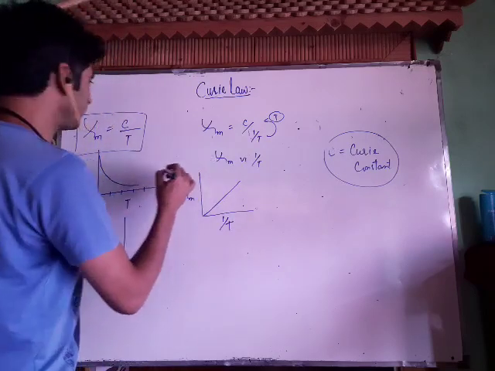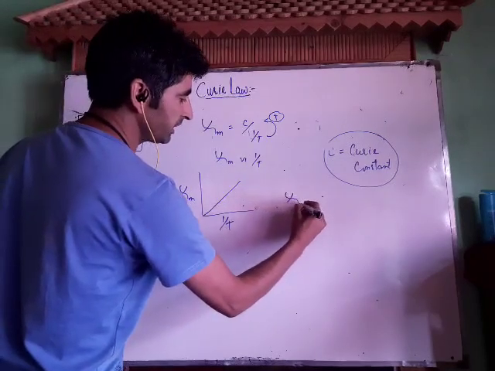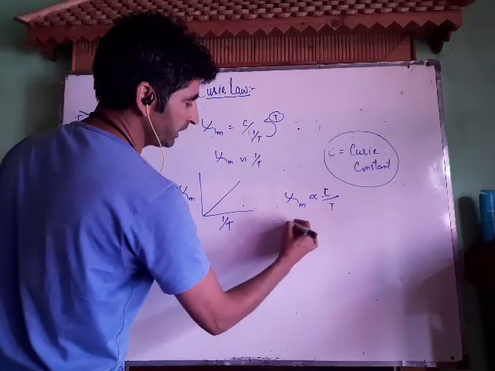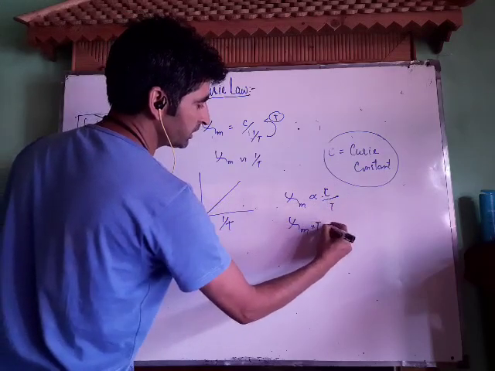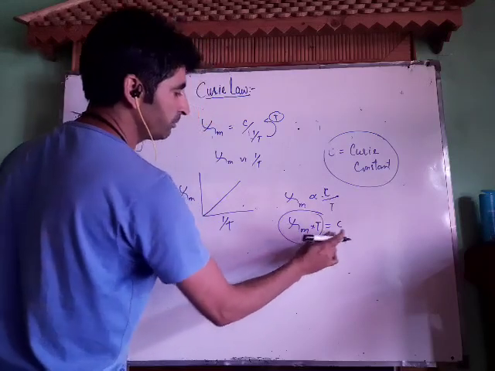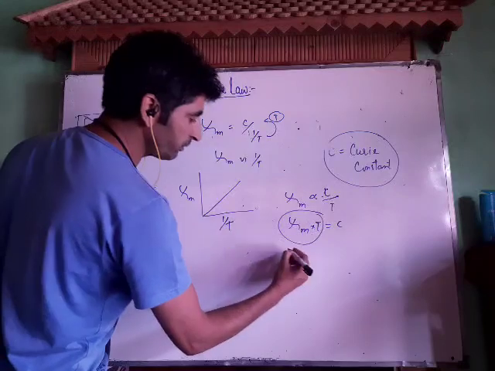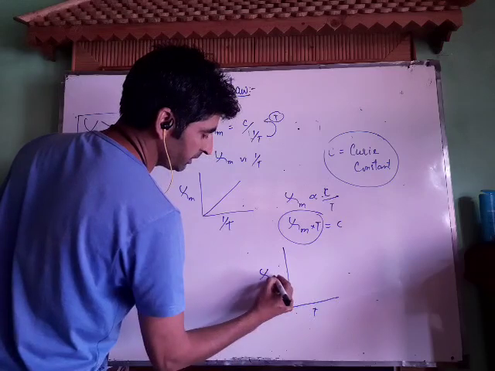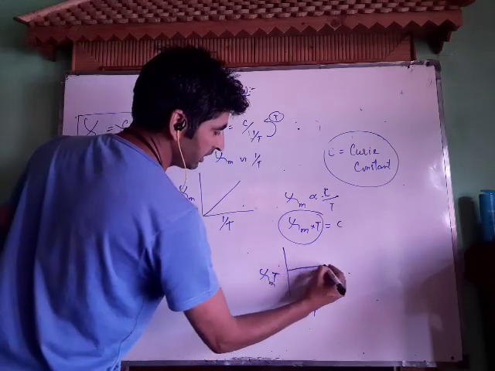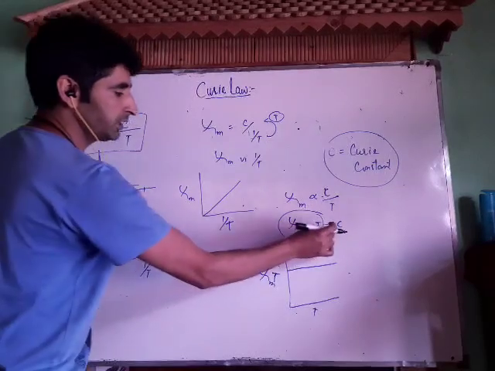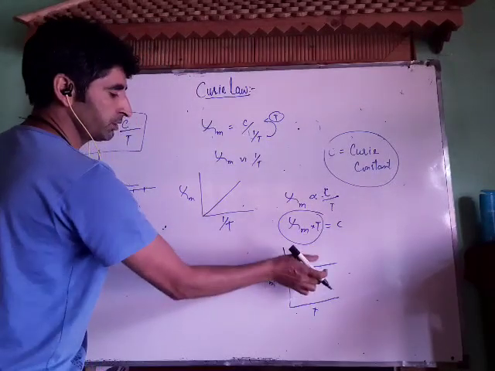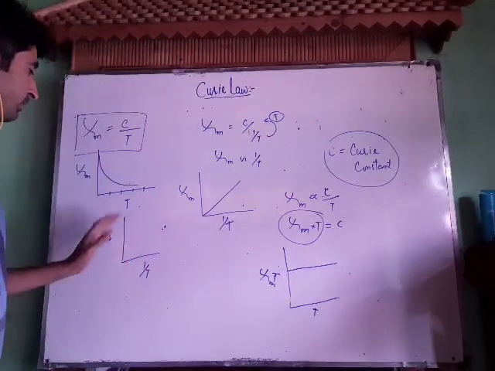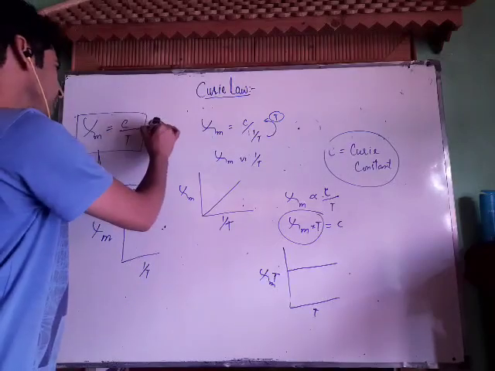Now also we can plot a graph like this. If we have the equation chi m is equal to C by T, and we take this T over here, this will be chi m into T is equal to C, means the product of chi m and temperature is equal to a constant. If we plot a graph between chi m T versus T, then we will get a constant value, equal to C. This constant has the same value at all temperatures. These are three types of graphs which we obtain from the Curie equation.